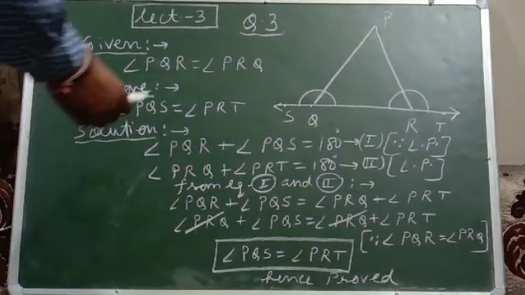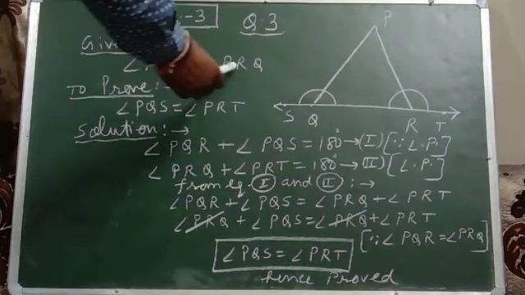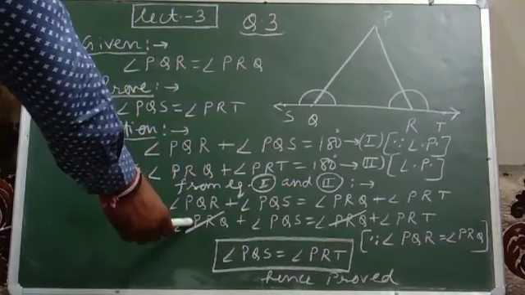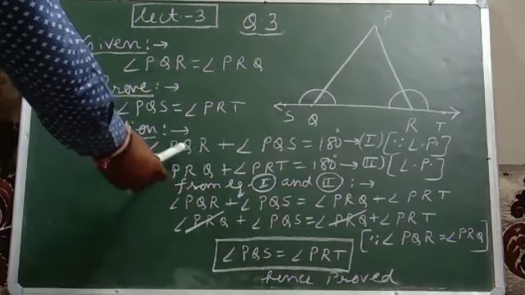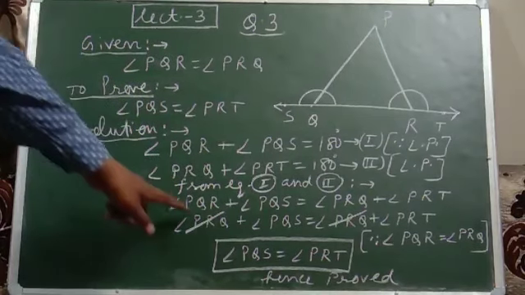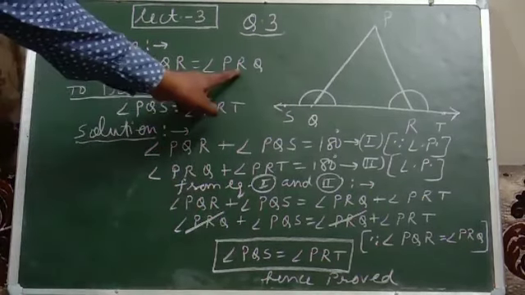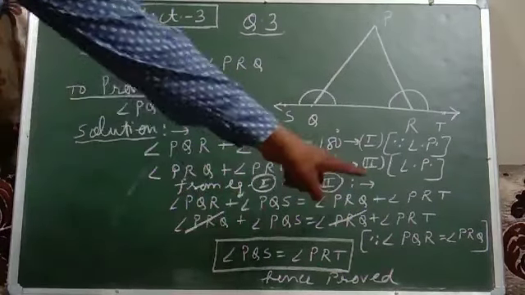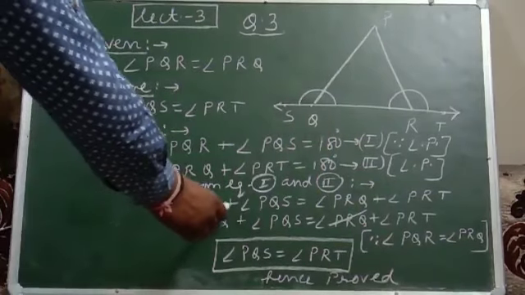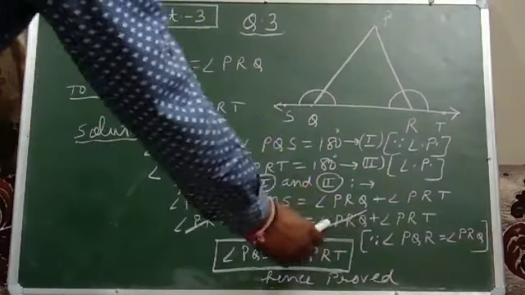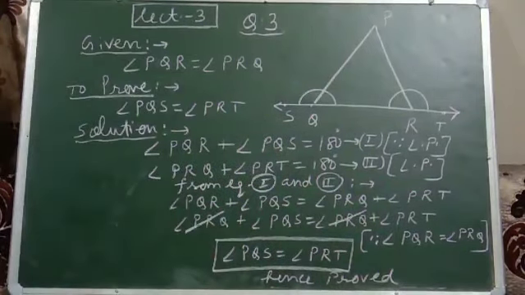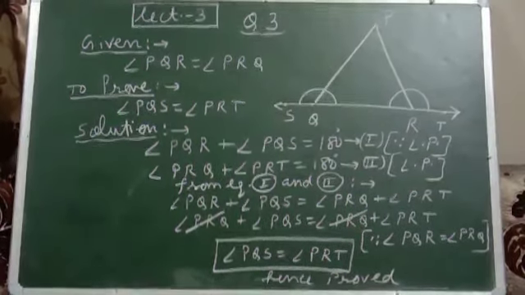Now if we see the given, in given angle PQR equal to angle PRQ. So in place of PRQ we can write PQR, or in place of PQR we can write PRQ. Here we will change this angle. PQR equal to PRQ, so in place of PQR we will write PRQ. The other three angles will remain the same. Now on the left and right sides, this PRQ angle will be cancelled because it is the same, and we are left with angle PQS equal to angle PRT. So this is question number third.